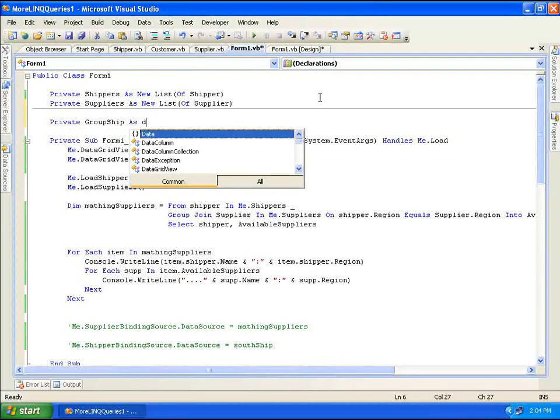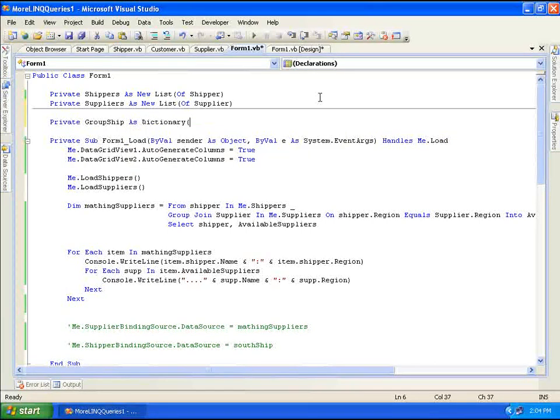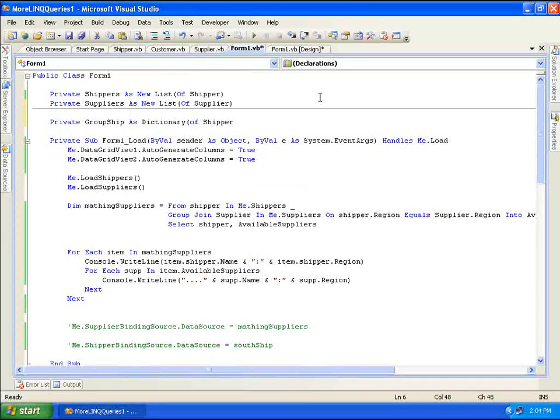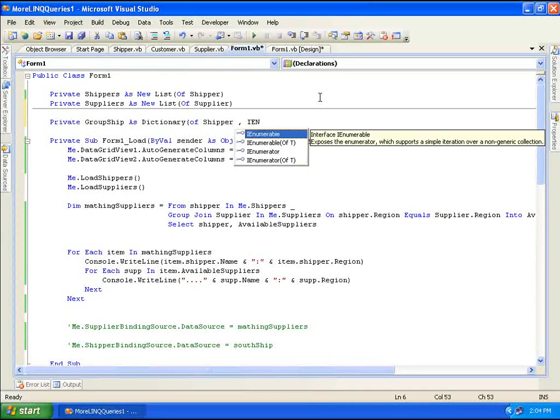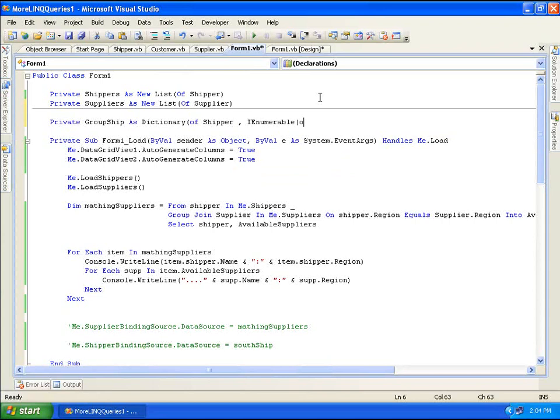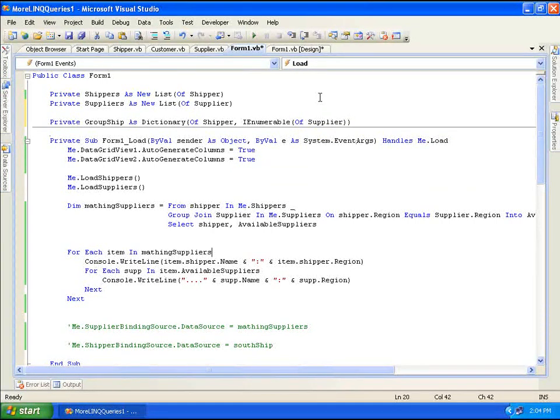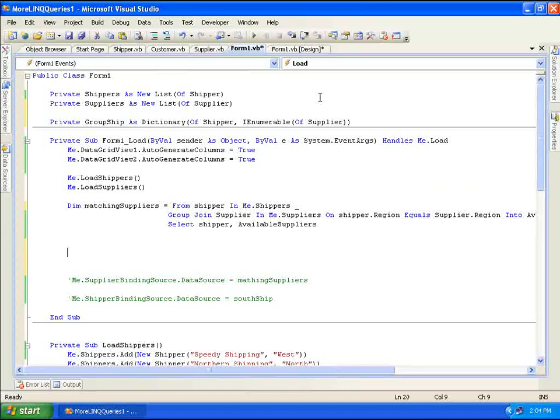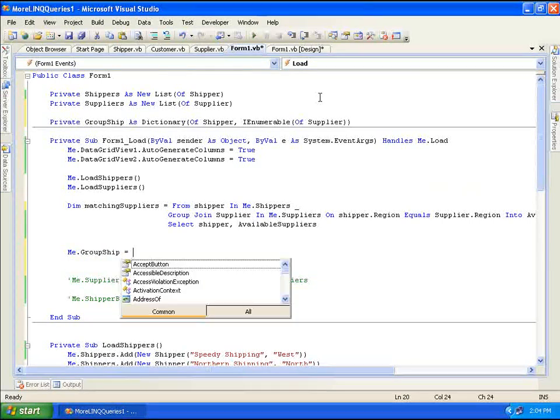as a dictionary. Okay, so it's going to be a dictionary of shipper and an IEnumerable or a collection of suppliers. Okay, and then we don't need this anymore, so we'll get rid of this. And oh, just noticed we have a spelling mistake, so let me fix that, matching suppliers, that's what I wanted to call it. Okay, so let's go ahead and just set this group ship equal to